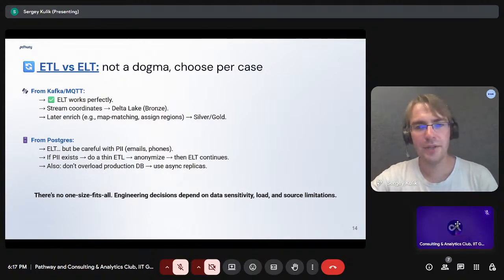Also, data extraction is not easy. And when I say it's not easy, I mean that even if we do simple queries that extract data from a database, it can still overload the database. So we should always think about how we can reduce the load on the data storage backend for our extraction. For instance, with Postgres, most installations have several replicas, where one replica is responsible for writes, and other replicas are responsible for reads.